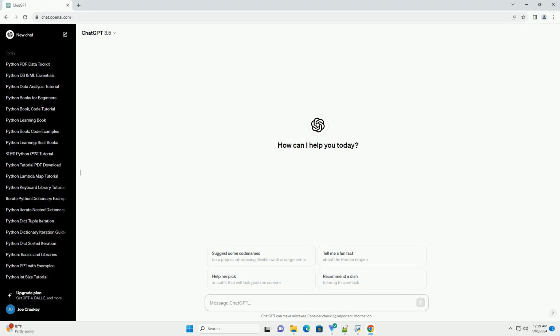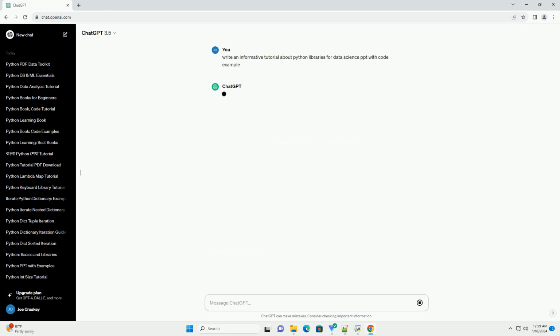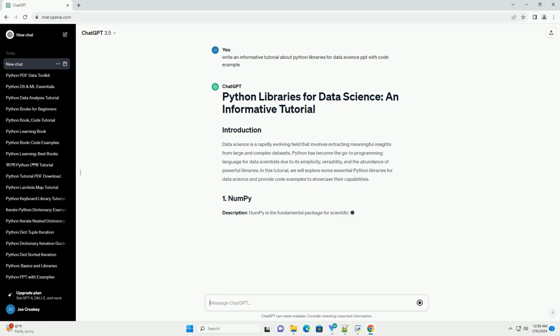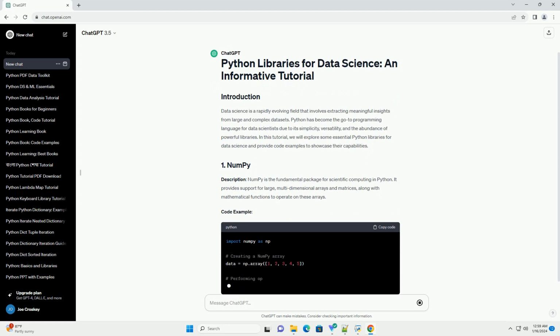Data science is a rapidly evolving field that involves extracting meaningful insights from large and complex data sets. Python has become the go-to programming language for data scientists due to its simplicity, versatility, and the abundance of powerful libraries. In this tutorial, we will explore some essential Python libraries for data science and provide code examples to showcase